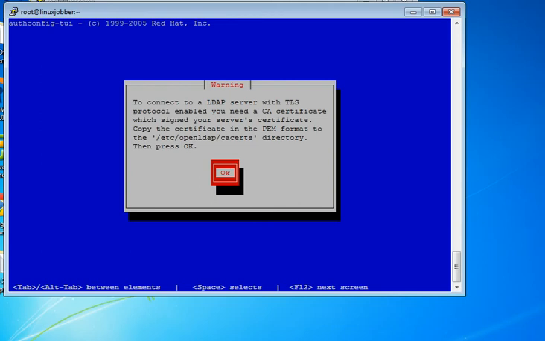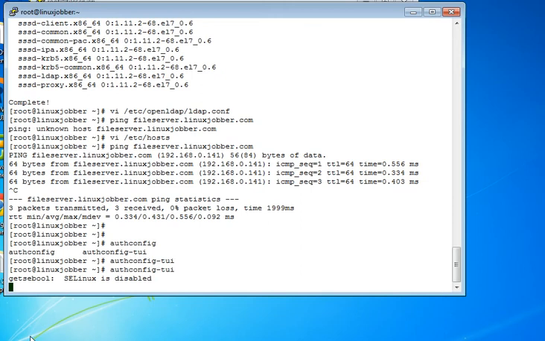So it says to copy the certificate to this folder here. Remember we made a certificate, which is in this case now the agent that we have sitting on our LDAP server, and it says to copy it to this directory here. You can see there, I cannot highlight it, but you can see it, and then press OK. So I'm going to press OK now, and so now